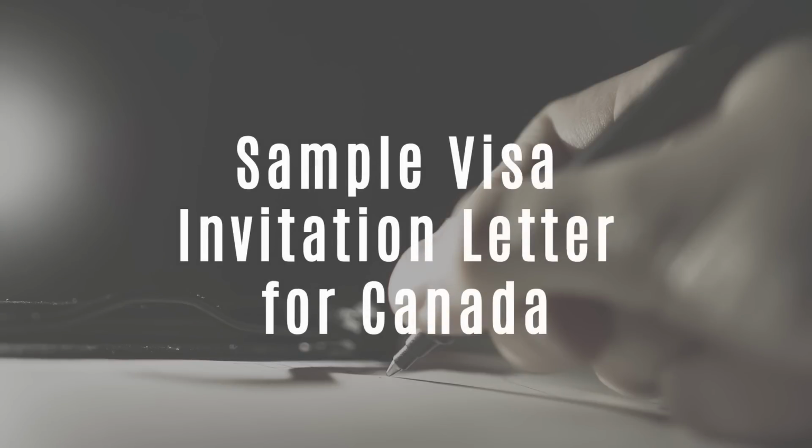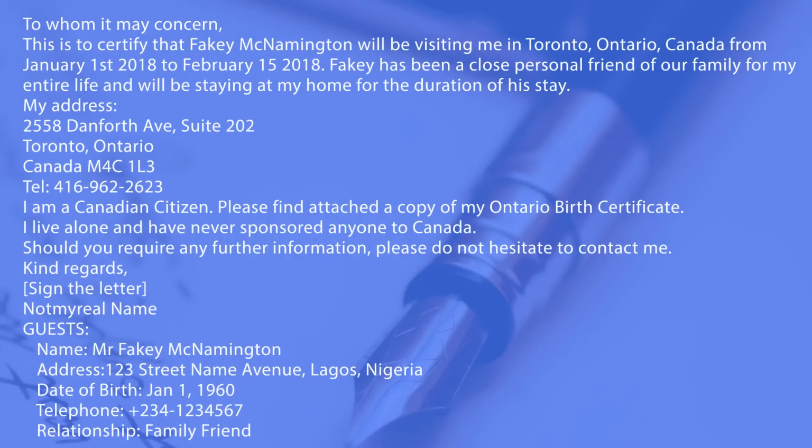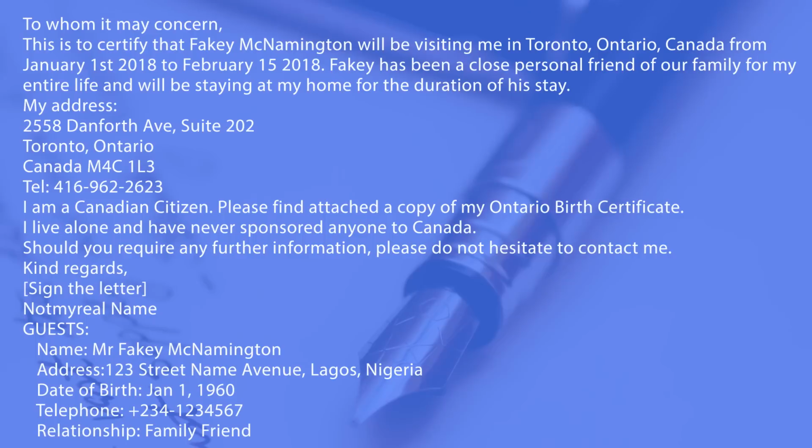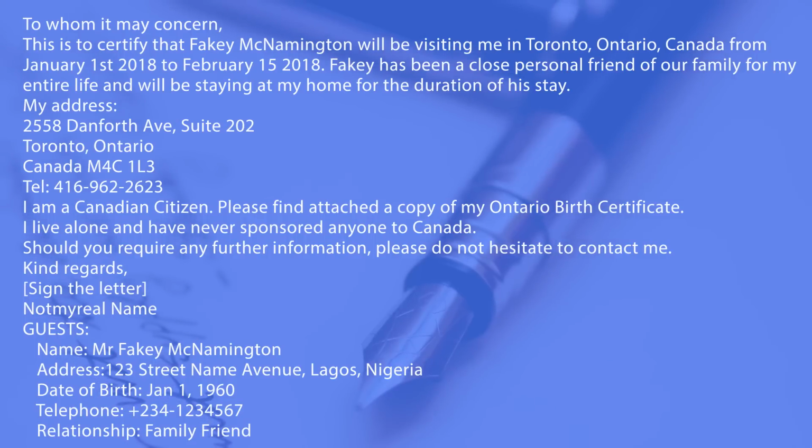Sample visa invitation letter for Canada. To whom it may concern. This is to certify that Fakey McNamington will be visiting me in Toronto, Ontario, Canada, from January the 1st, 2018 to February the 15th, 2018. Fakey has been a close personal friend of our family for my entire life and will be staying at my home for the duration of his stay. My address: 2558 Danforth Avenue, Suite 202, Toronto, Ontario, Canada, M4C 1L3. Telephone number